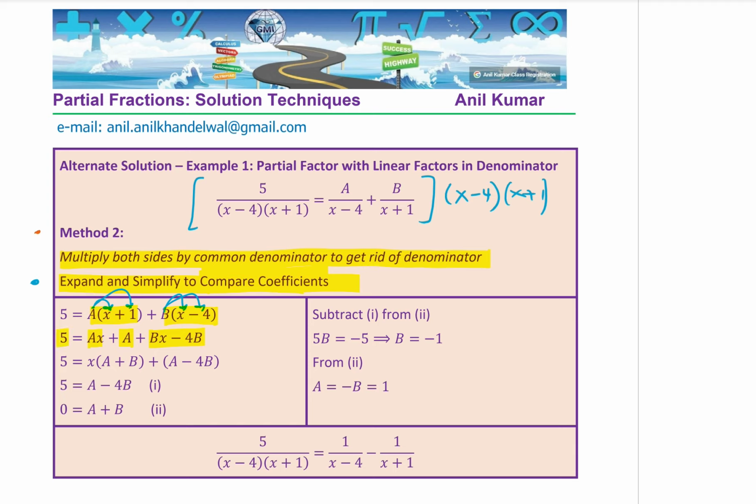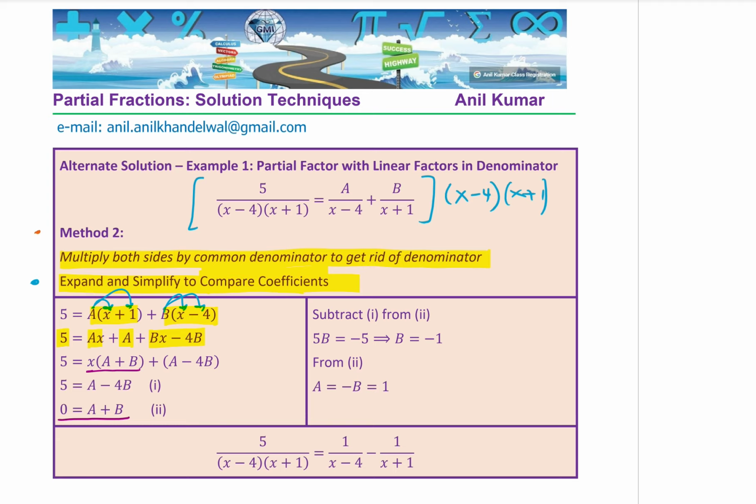Now that is equal to 5. So at this stage, what we see is that on the left side, we have only a constant, right? And on the right side, we have two parts, constant and the variable. So let's factor out x and we get a plus b. Now clearly, this a plus b should be equal to 0 since on the left side we only have a